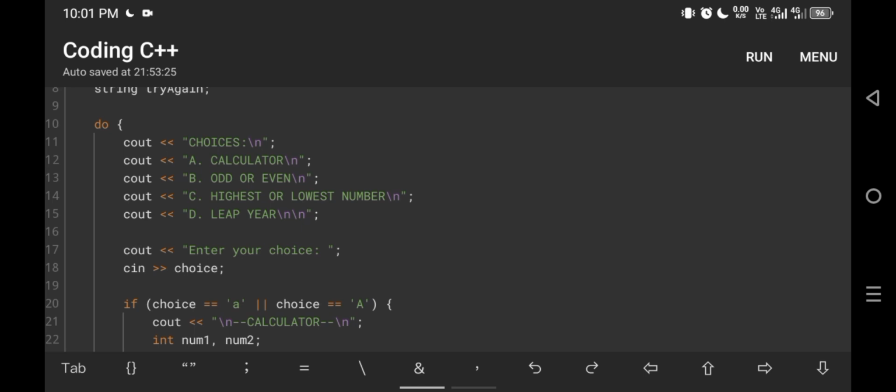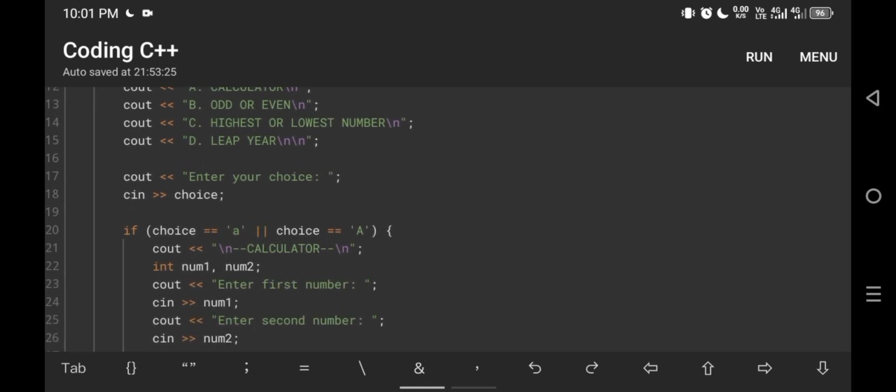It prints the main menu of choices to the screen, and in lines 17 and 18, it has the cout enter your choice and then the cin variable name choice. It prompts the user to enter a choice, A, B, C, or D, and stores it in the variable choice.